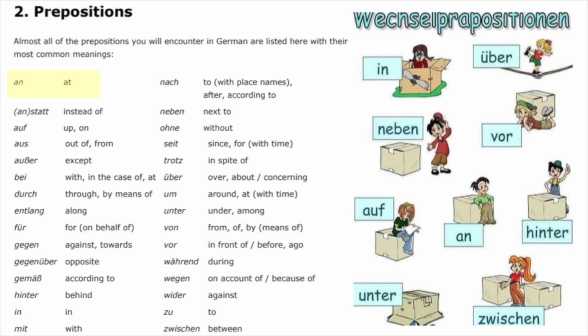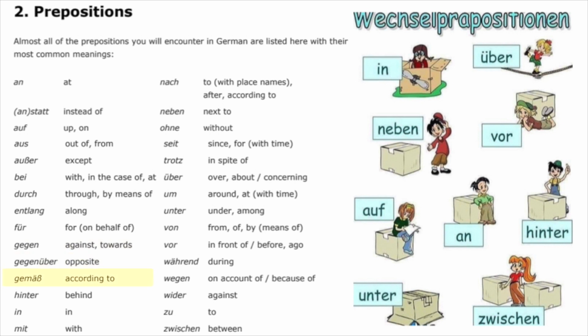But there's many more prepositions within German than just that, so we'll have to take a moment to go through this list, which I'd recommend you to write down and to pronounce along with me. An is at, anstatt is instead of, auf is up or on depending on context, aus is out of or from, außer is except, bei is with or in the case of or at depending on context, durch is through or by means of, entlang is along, für is for or on behalf of, gegen is against or towards, gegenüber is opposite, gemäß